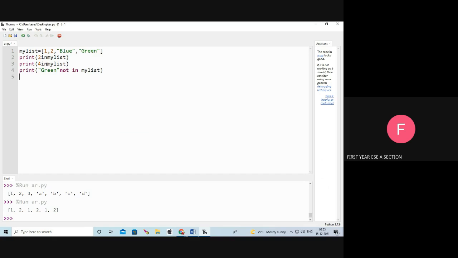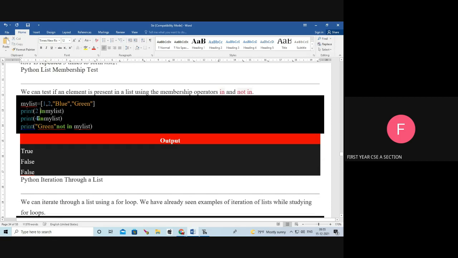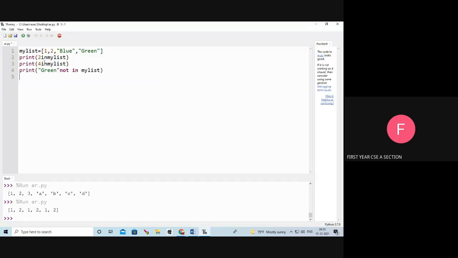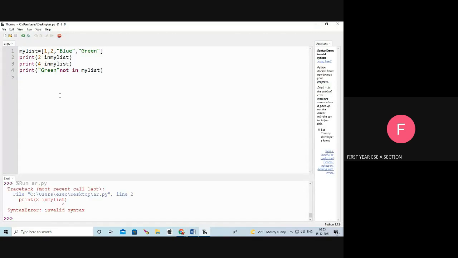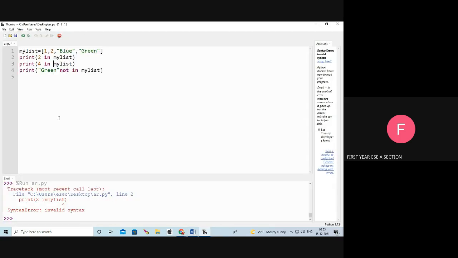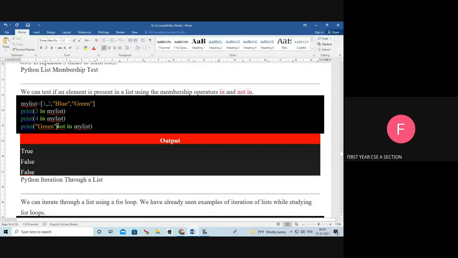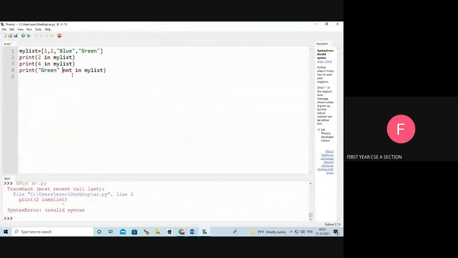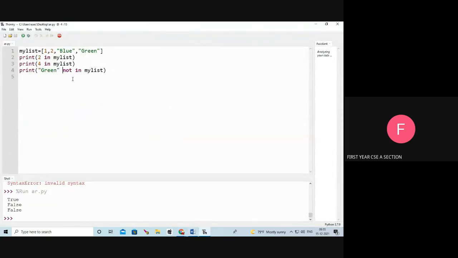Here, my list equal to 1, 2, blue, green.